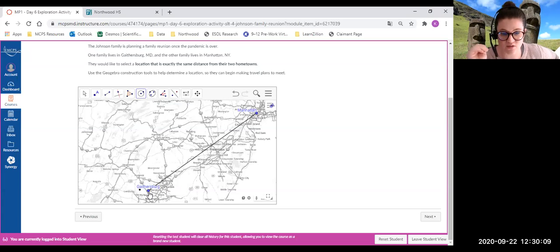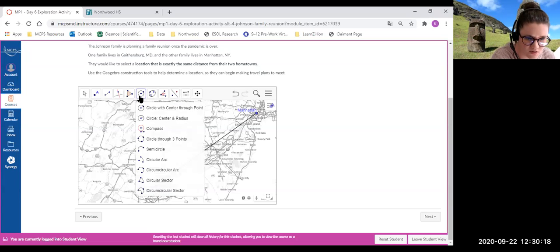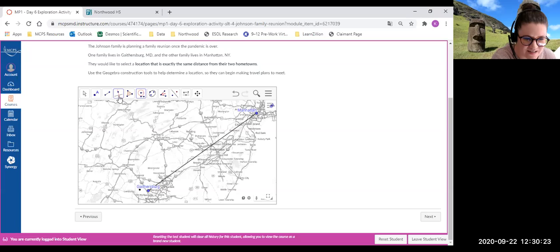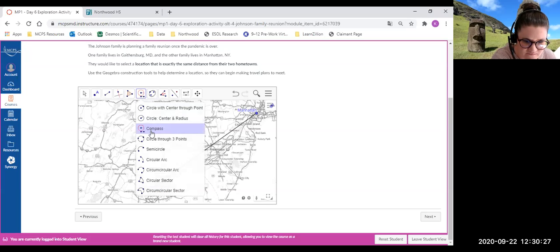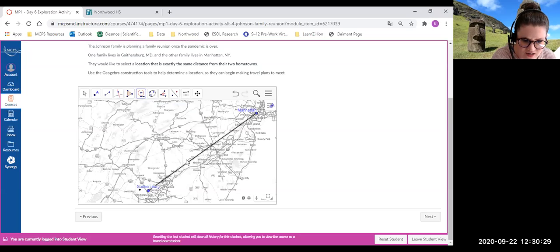This is what I like in geometry. You can be a little bit creative, and I know I'm a little bit off script here, but that's okay, right? How could I do that? I wonder if they have a compass tool, because every other time it's been exactly, okay. So I have to select, let me see, compass. So if I do that,